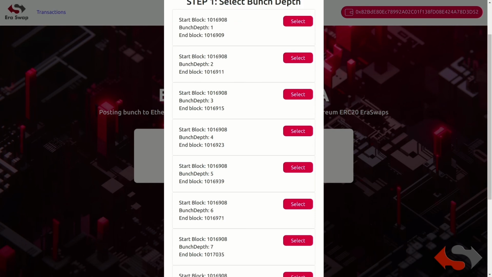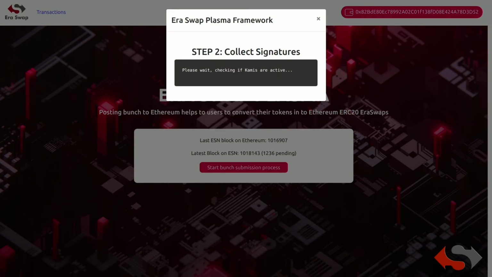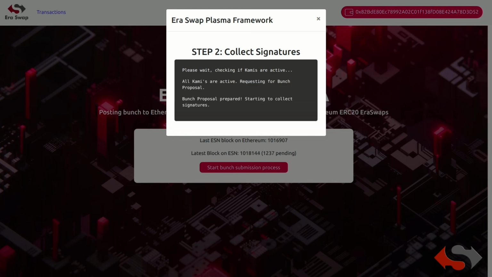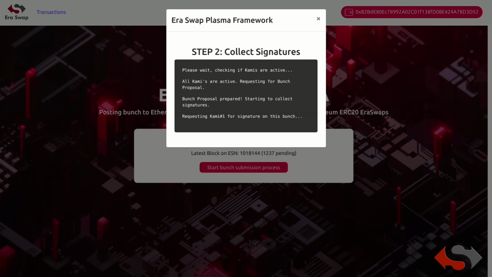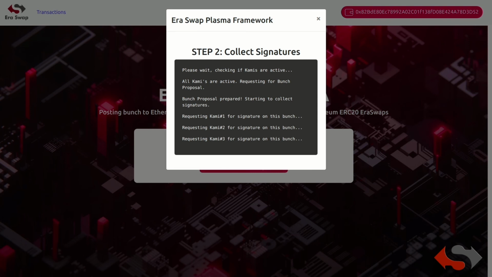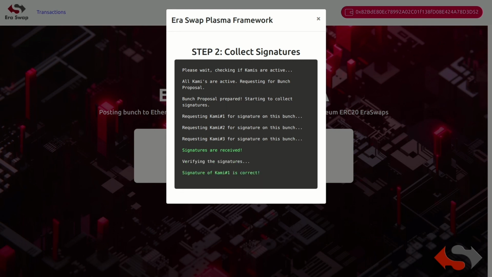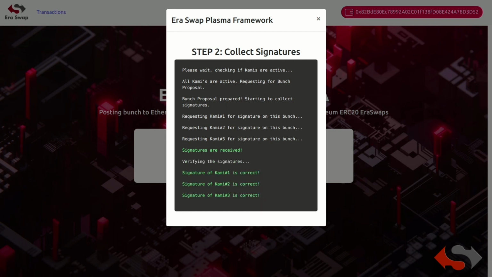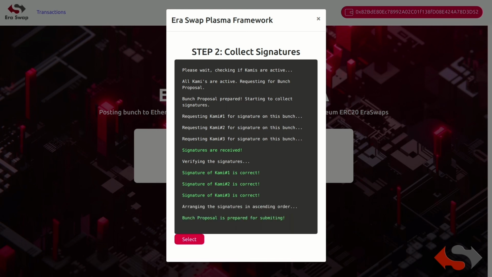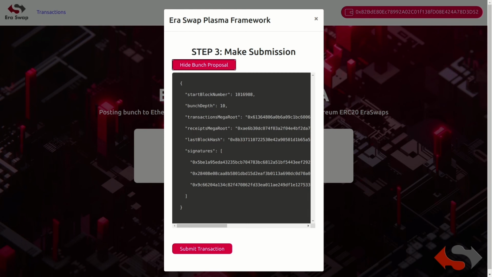So let's move on to submit bunch depth of 10. The same process as earlier. The bunch proposal with the bunch depth and the signatures.